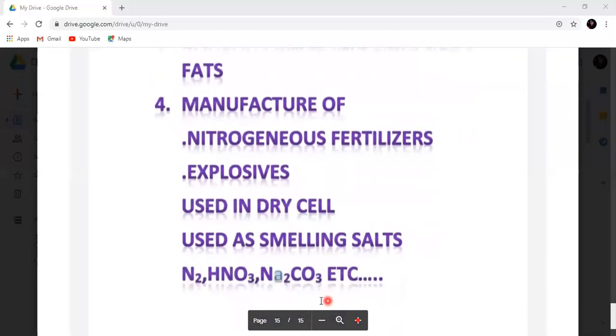For the preparation of nitric acid by the Ostwald process, as we have already done in the chemical properties. The next chapter in your syllabus is nitric acid, and we will do that one also. Whenever we do that chapter, the Ostwald process will be clear to you, how the nitric acid is prepared from ammonia.